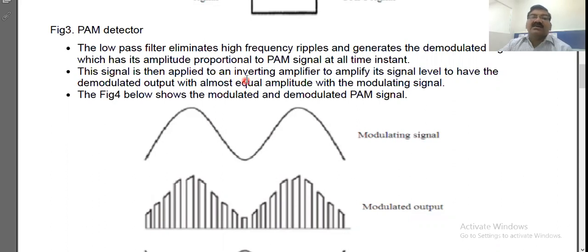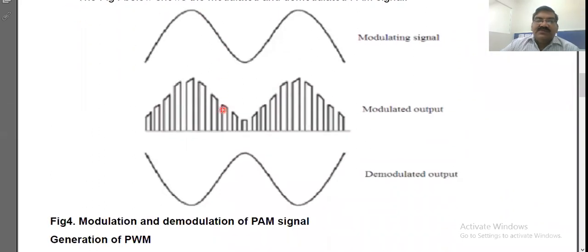Now here, generally in the inverting amplifier there is a phase delay. If you have an inverting amplifier, then exactly a 180-degree phase shift is there. If it is not an inverting amplifier, then some partial delay is there. So if yours is an inverting amplifier, you will get exactly a 180-degree phase shift in the output. That is the demodulated signal. So here it is shown.